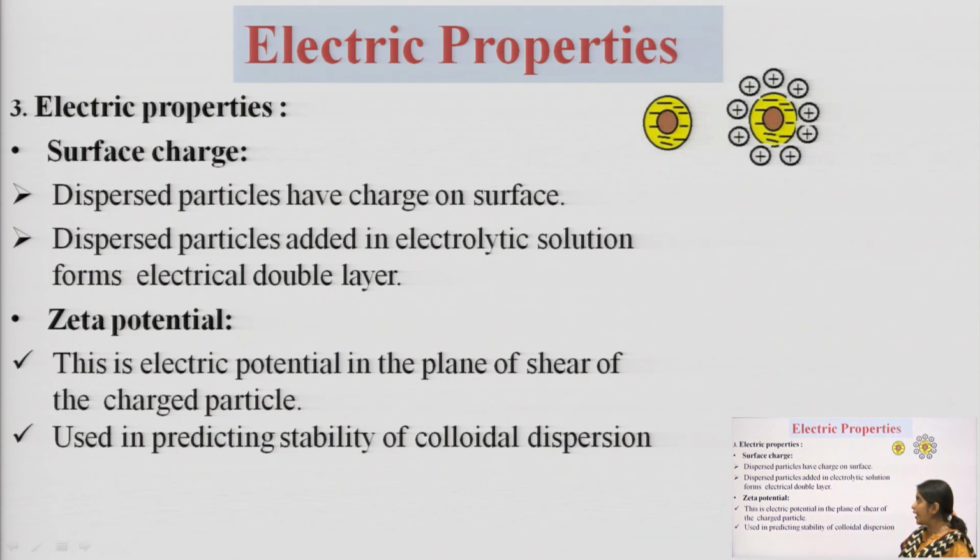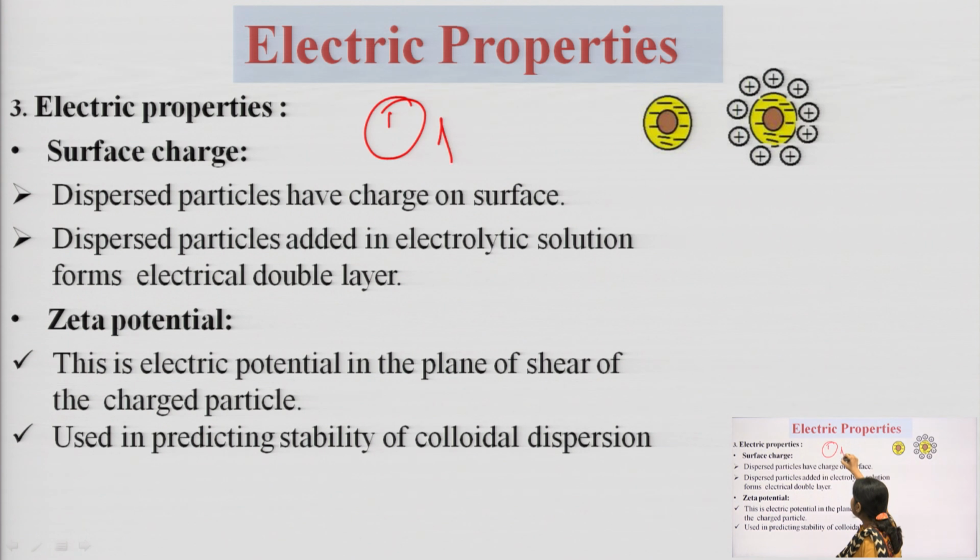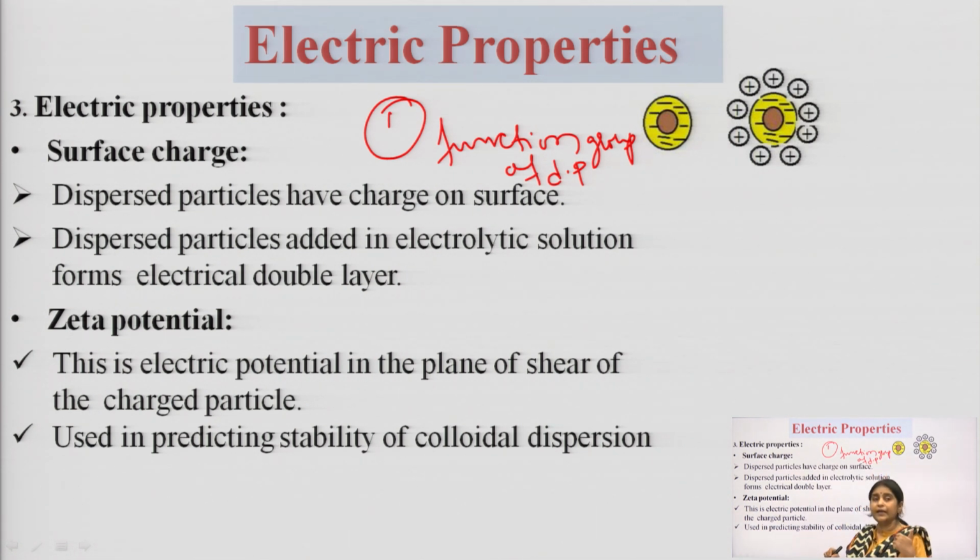One, if there is a functional group present on the surface of the dispersed phase, it gets ionized, then there can be charge on the surface of the particles. Second,